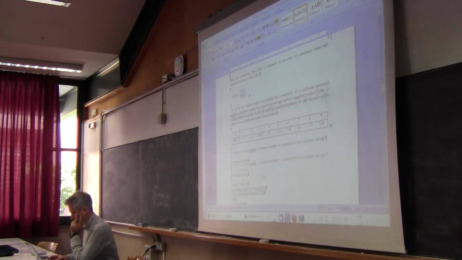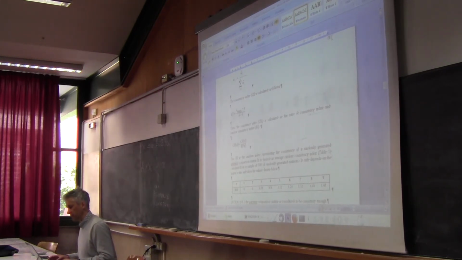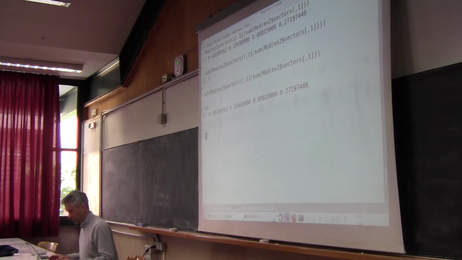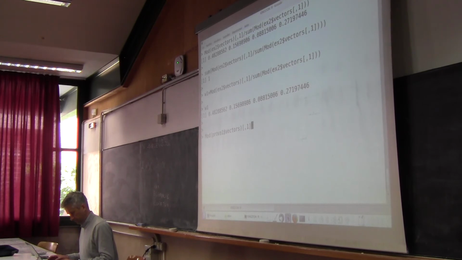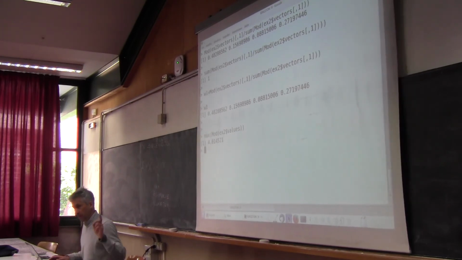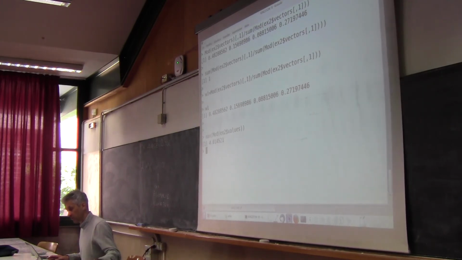Here it is. First of all, I have to compute this quantity, lambda max minus n divided by n minus 1, and let me compute it. I go back to R, and let me see what is lambda max. Lambda max is the maximum of the eigenvalues that we computed before. You may remember it was